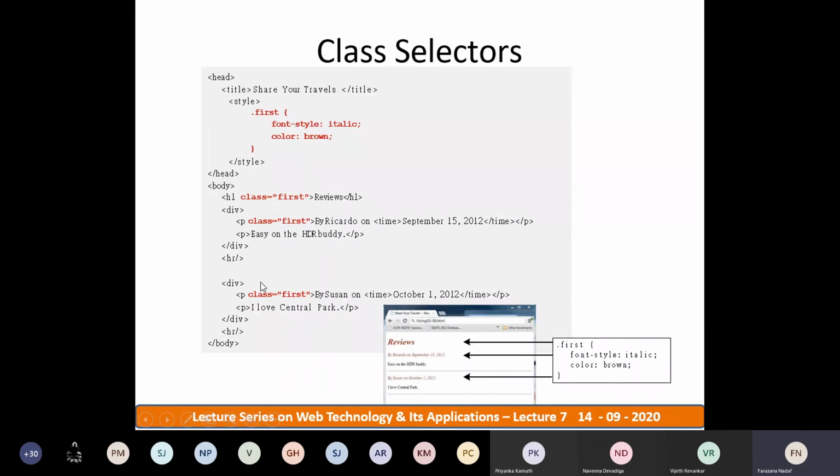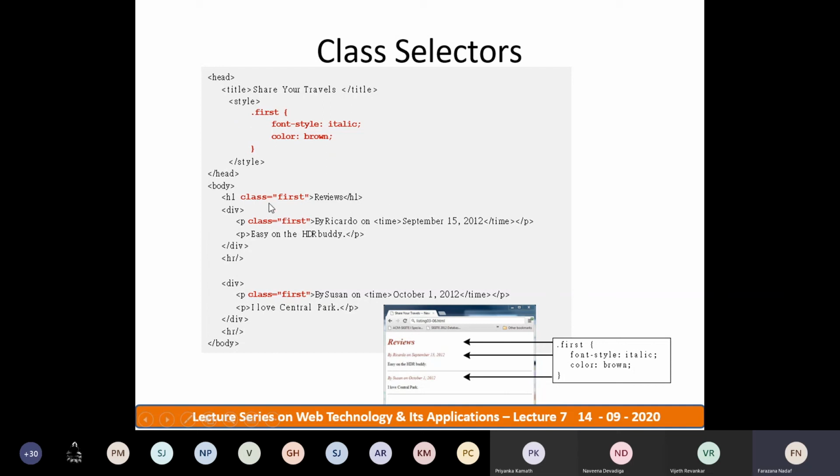So under the body, you write the actual web page content. Here we have used 4 to 5 HTML elements, that is H1, division, paragraph, then HR. HR is nothing but a horizontal line. If you want a horizontal line after some content, then use HR. Right? So here the first tag of the body element is h1, which contains an attribute as class, and the class name you have specified with the styles, that is first. Dot indicates a class selector.